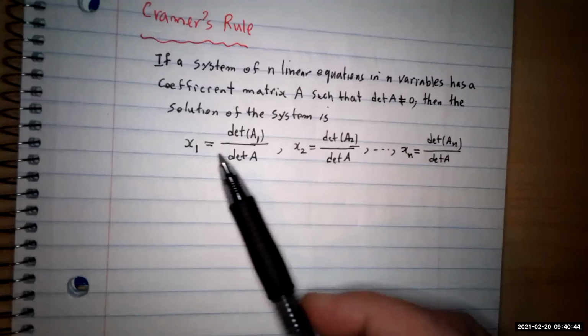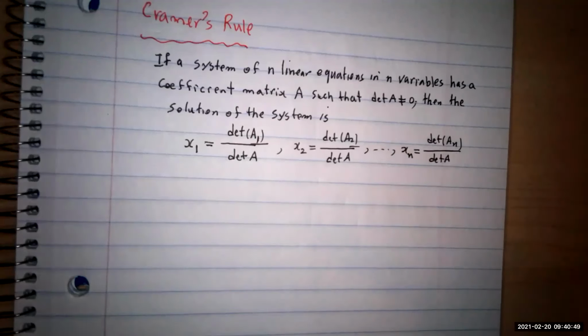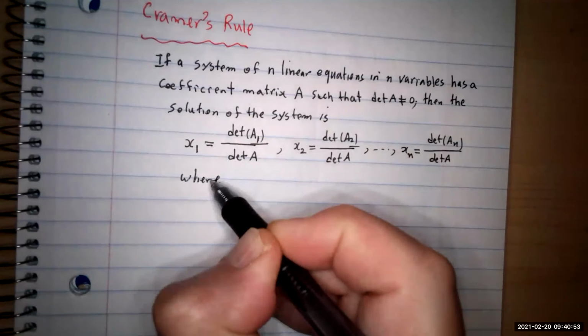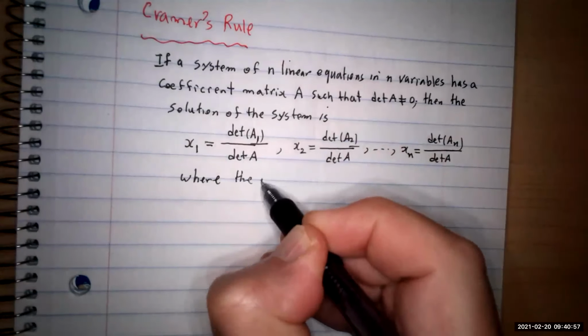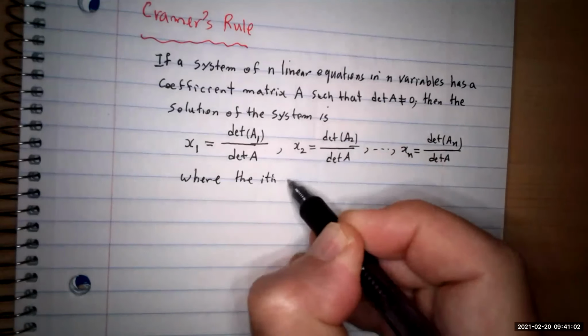So in general, the top matrix, let me just explain the top, is where the ith column